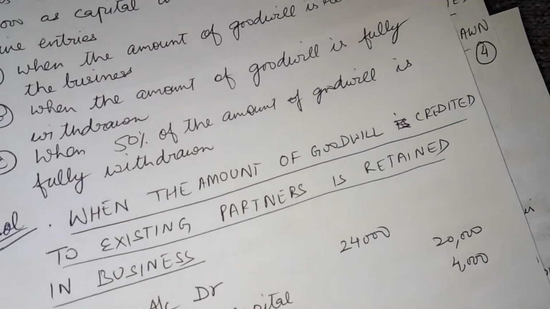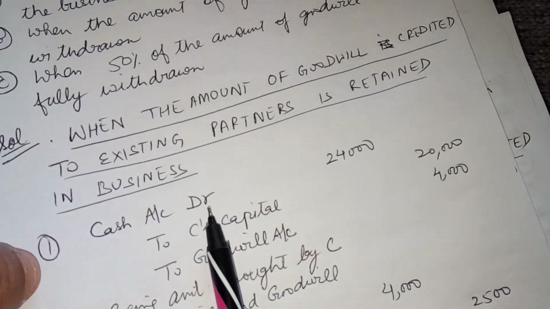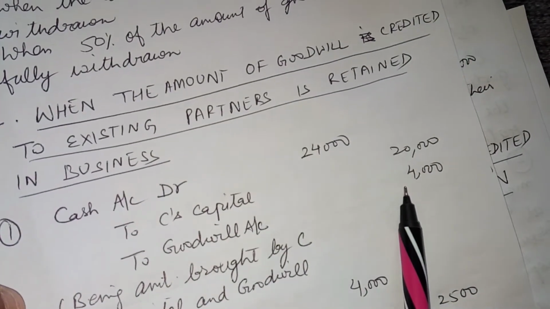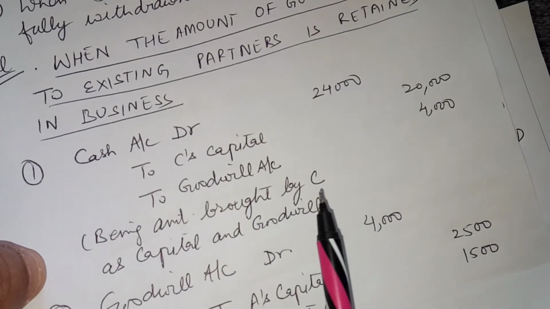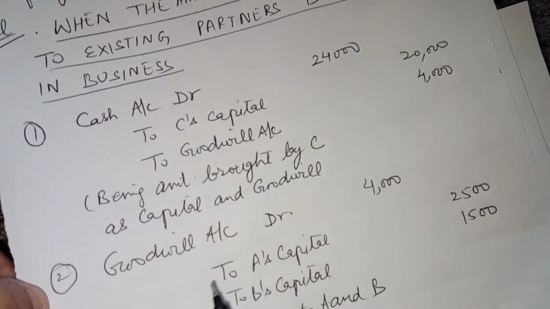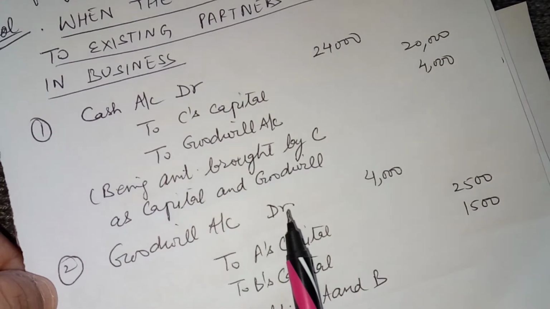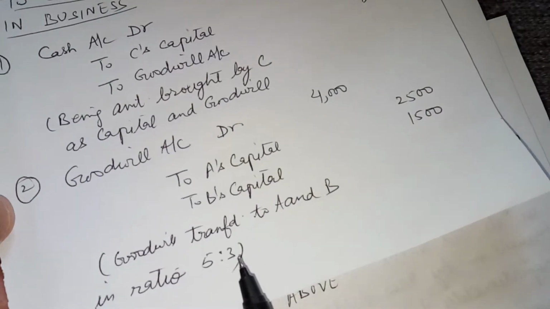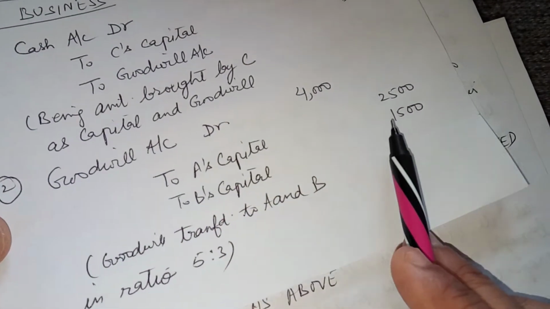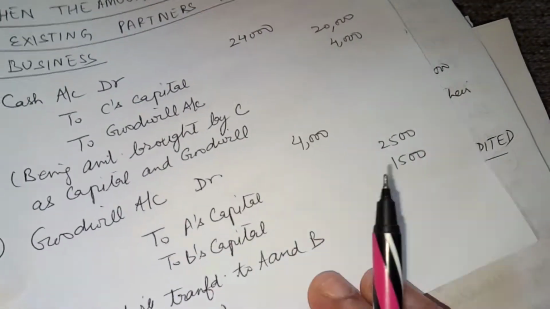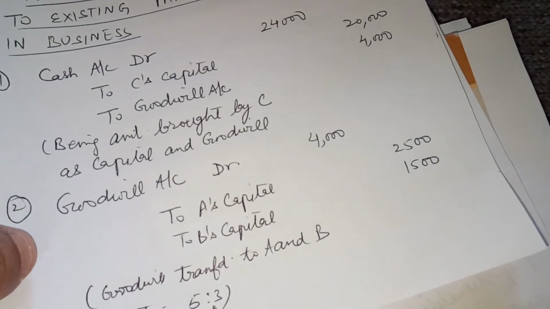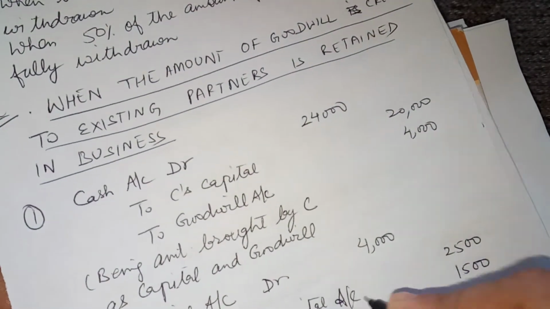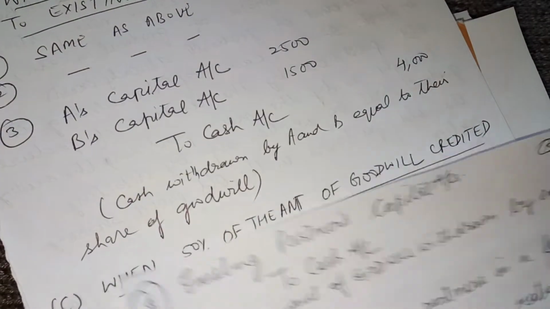retained in the business. In that case, the entry will be cash account debit to C's capital for the amount of capital, to goodwill account 4,000 for his share of goodwill, being the amount brought by C as capital and goodwill. Now second entry will be goodwill account debit to A's capital account, to B's capital account, in their ratio 5:3, that is 2,500 and 1,500. Here it is assumed that they will share the goodwill in their profit sharing ratio. Good, these accounts. And then